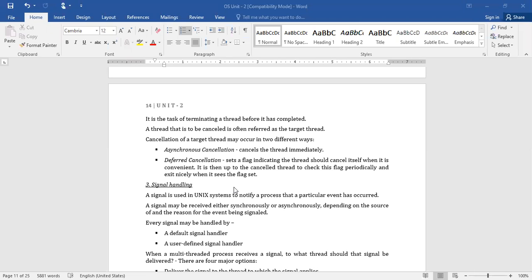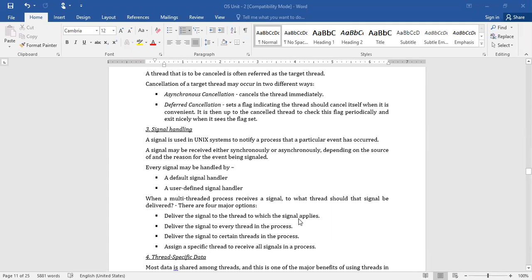So it depends upon the situation, right? Every signal may be handled by a default signal handler or a user-defined signal handler. We have a default signal handler; instead of that, if you want some different functionality, you can define your own. Such signal handlers are called user-defined signal handlers.